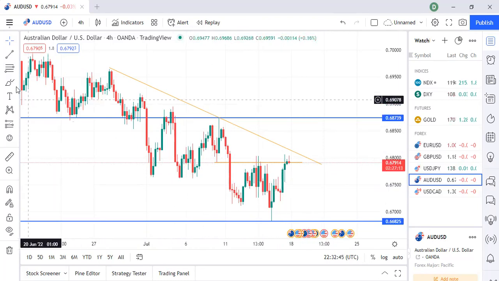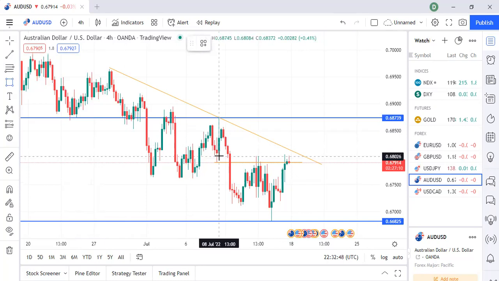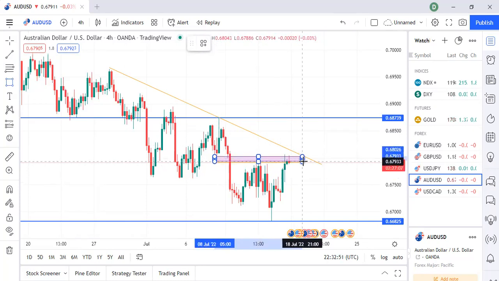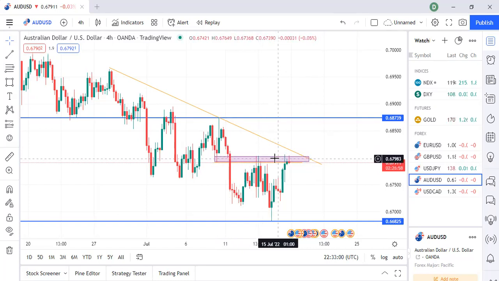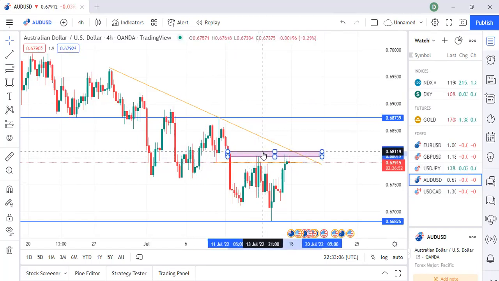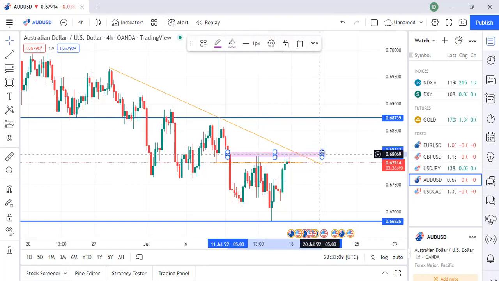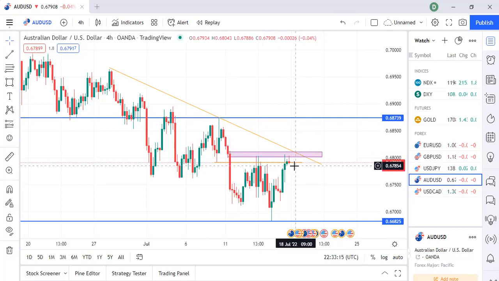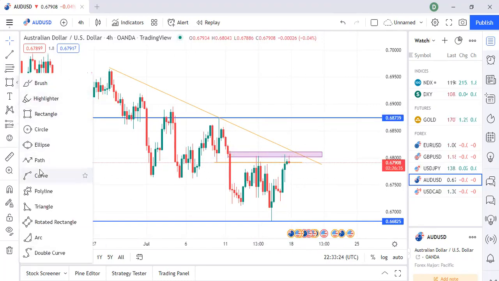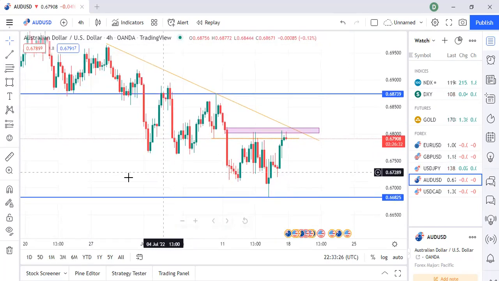So I'll be expecting price to either make a move. If price doesn't go too far, I'll be taking a sell on this particular trade, but I'll confirm on the lower time frame. I think I have to take that sell from in between here, from the buy to sell area here. As you can see, price tapped in nicely over there. So I'll make a confirmation on my lower time frame of 15 minutes, and then based on that, I will take my sell.